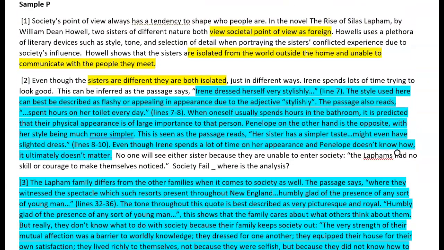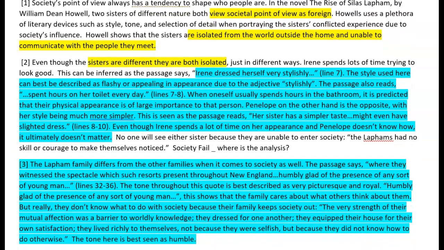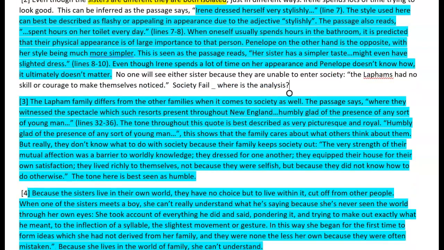And then when we go down to the next passage, which is sample P, you'll see that this one is increasingly less developed. It just mentions the sisters see the societal point as foreign, that they are isolated from the world. The sisters are different and they're both isolated. But then what happens is when you get down to the bottom